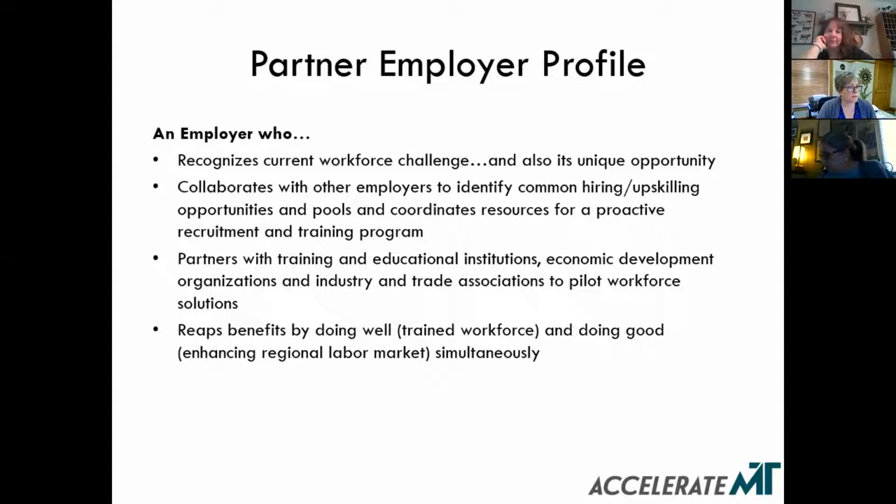yeah, I need folks that have basic desktop IT support skills. He's talked with one of the community colleges. They have the curriculum to teach most of what he needs, but it's part of a 2-year program. He's asking, could the college bundle those things together, maybe put it together as a boot camp that might take a few weeks or a couple of months, maybe on a part-time basis, but get someone through that within 3 months, then he can hire them. They can be earning, be productive for his business, and still continue their education towards that potential 2-year associate's degree. So those are some of the conversations we're trying to have to piece these things together.